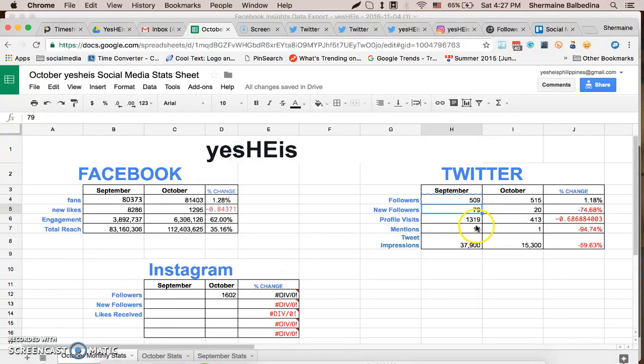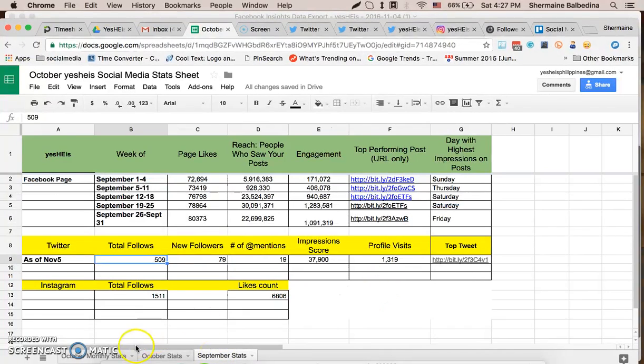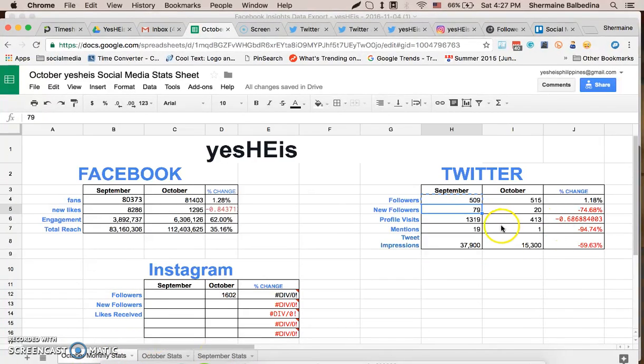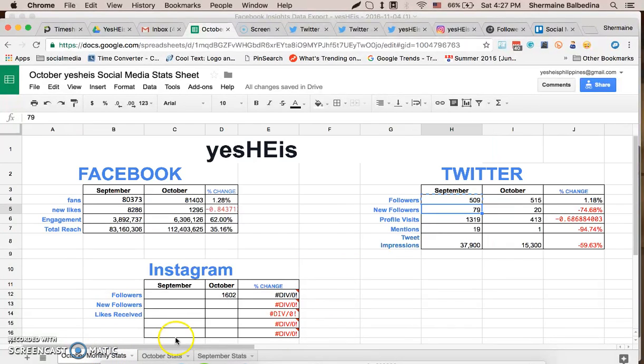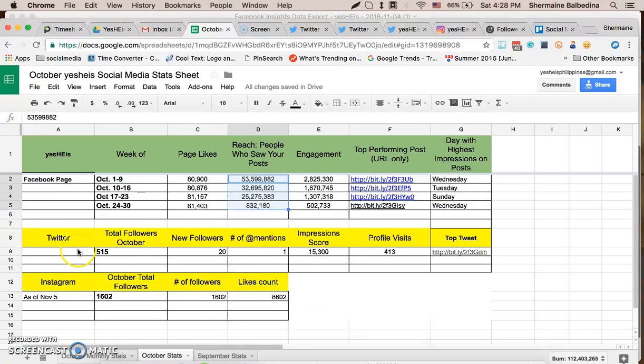Number of mentions is 19. Profile visit is 1,319. Tweet impressions 37,900. So October, we just got the 515 that we are viewing right now. And then new followers is 20. Yes, it's October.